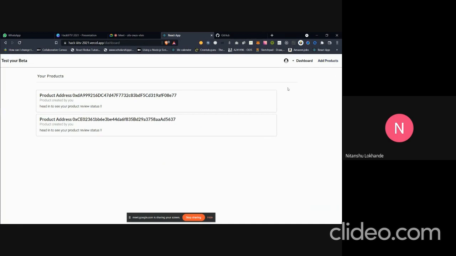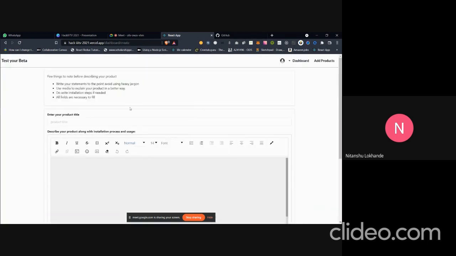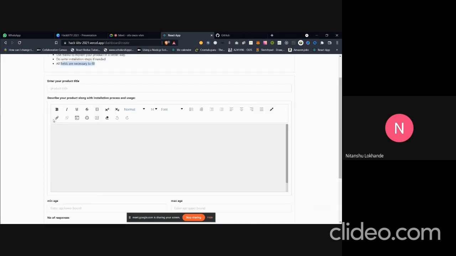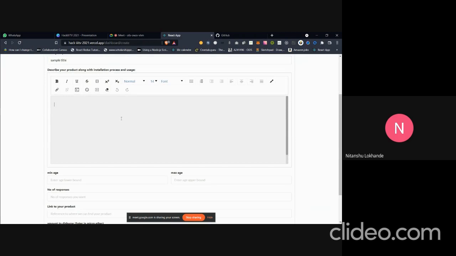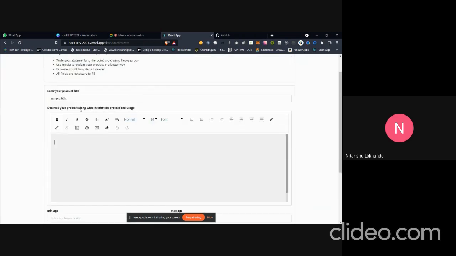To add products for review, we need to click on add product, and once you land in the add product page, you need to consider this: write your statement and avoid heavy jargon, and all fields are necessary to fill while deploying your application. Let's write a title like sample title, and you can use this area to describe how the user is going to use your product, the installation process, and the users if there.